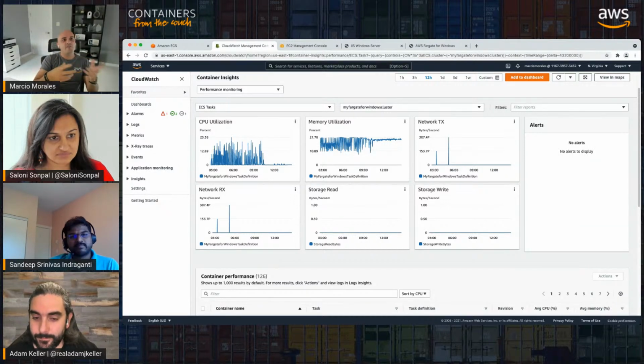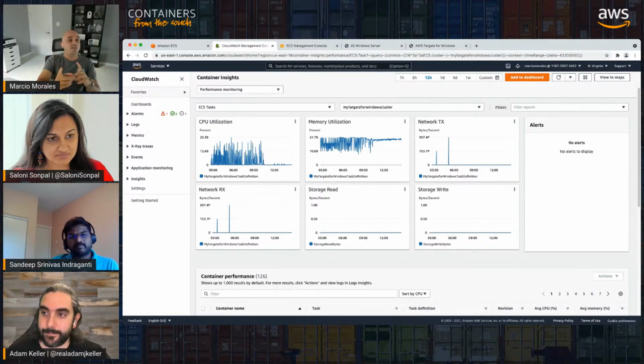In most cases, you have antivirus to protect your whole OS, not the application itself, but the whole OS, right? So it changes. The way you see security for containers is different from how you see security when running as a virtual machine, right? So when running Fargate, you don't need antivirus on the container level or